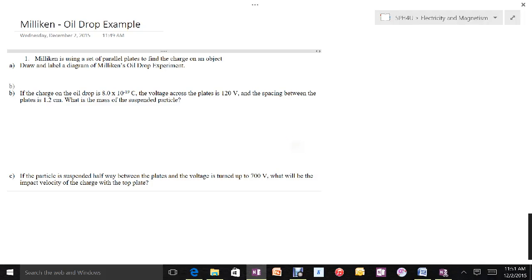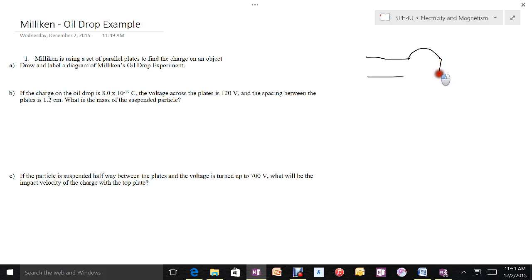Okay, in this video, I'm going to talk a little bit about the Millikan oil drop experiment. Millikan used a set of parallel plates to find the charge on an oil drop. Draw and label a diagram of Millikan's experiment. What he did is he had a couple parallel plates, and they were attached